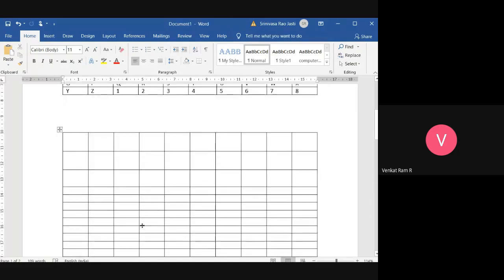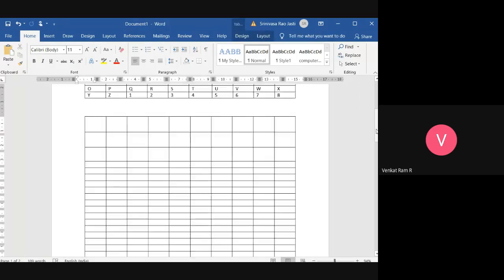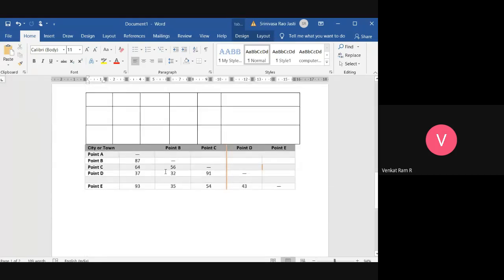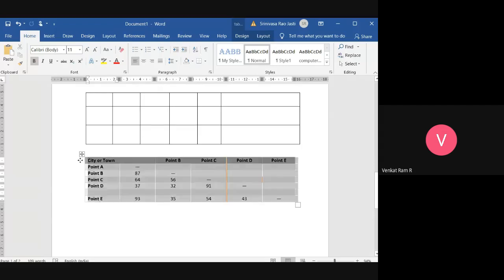Even for this also you will have it. If you want to move a table, just hold on it and place it wherever you want to move it. Similarly for this also, even quick tables can be moved. It's not only the tables which we made, even quick tables can be moved. Okay, is that fine? So your chapter on how to create tables is completed. If there are any doubts, let me know.